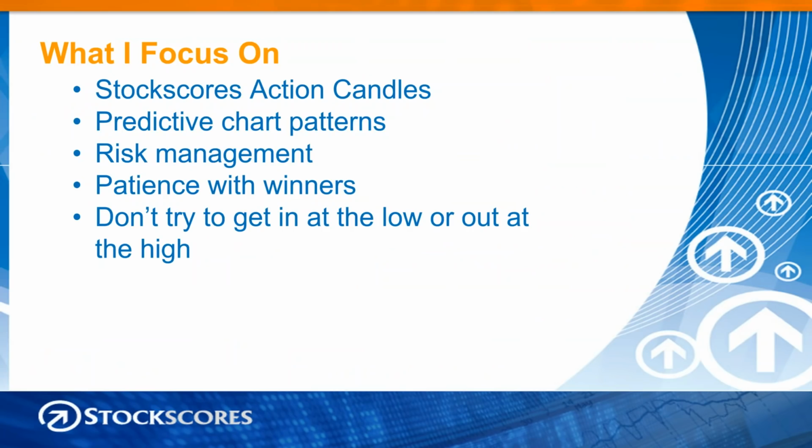I started trading when I was 19 years old. It took me 8 years to figure that out. I held on to my losers, hoping that they would turn around. I was a very good stock picker, but I really didn't start making good money until I realized the importance of risk management. So my approach to the market is to focus on Stockscores action candles,